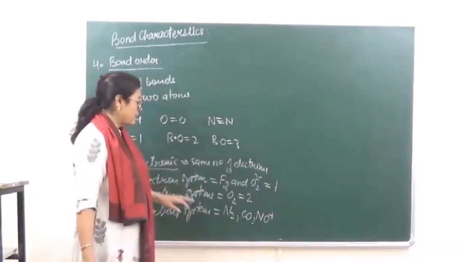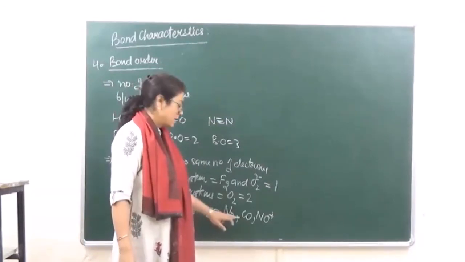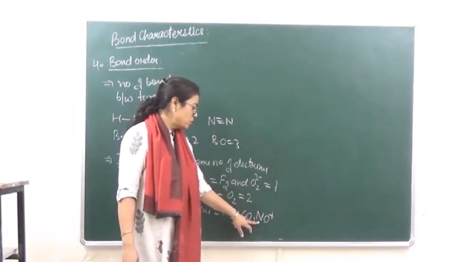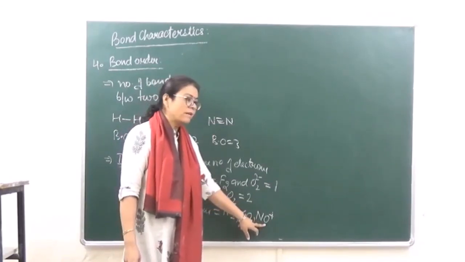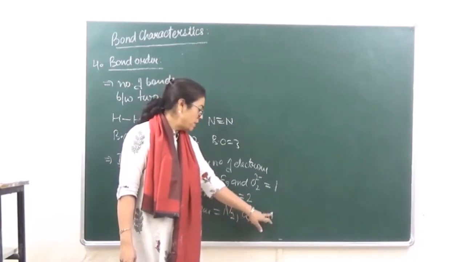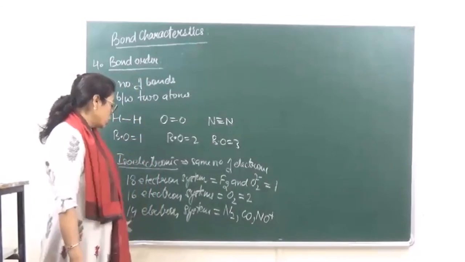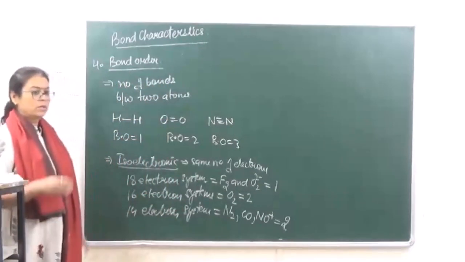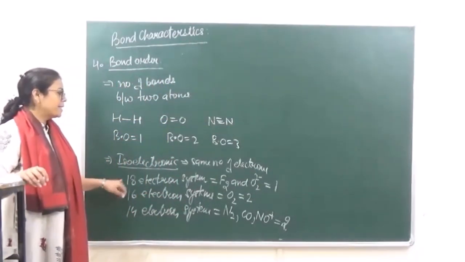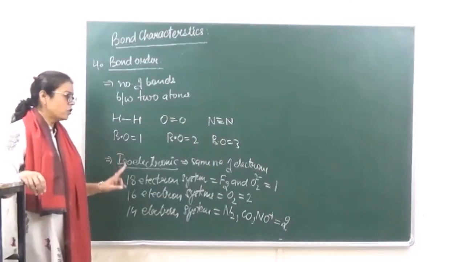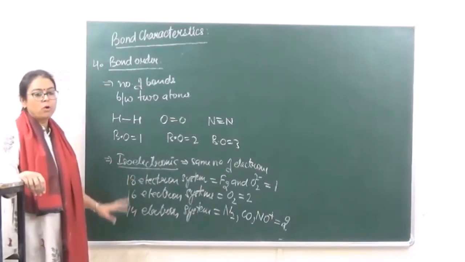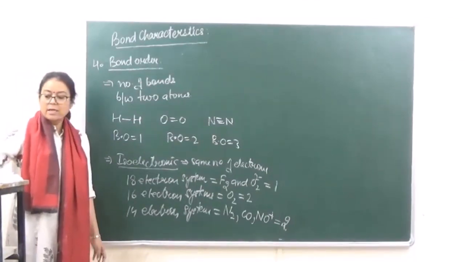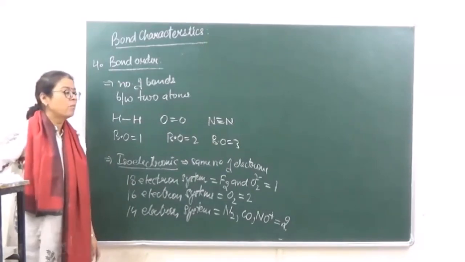You can calculate the number of electrons. Nitrogen will have 7 2s are 14. Carbon has 6. Oxygen has 8. 8 plus 6 is 14. And over here nitrogen is going to have 7 and oxygen will have 8. 7 and 8 is 15 minus 1. That is again 14. So all the 14 electron systems, they are going to have a bond order of 3. Right? So you have to remember this figure. 18 electrons, bond order 1. 16 electrons, bond order 2, and 14 electrons, bond order 3. Okay? So with this we finish the bond characteristics. In the next lecture we will start with molecular orbital